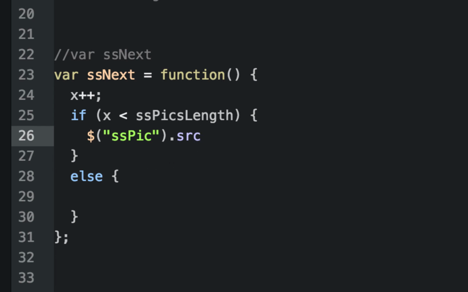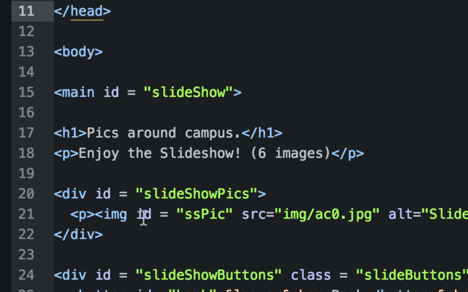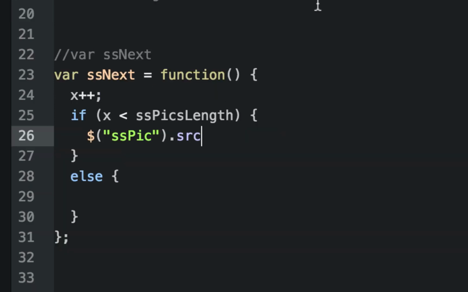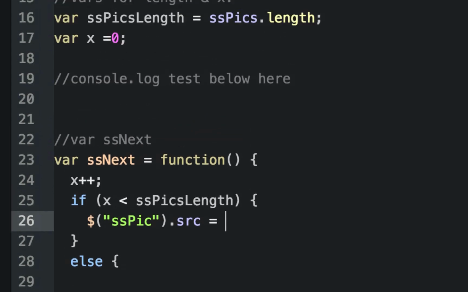What I mean is, if you look at this, there's our ID, but there's also a property called source, there's a property called alt. So we want to make sure for that ID we're using the source property. So that's why we're putting .source in there, so it knows what we're talking about. And then what we're going to do is set that to